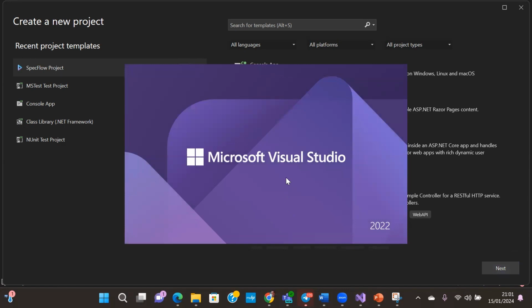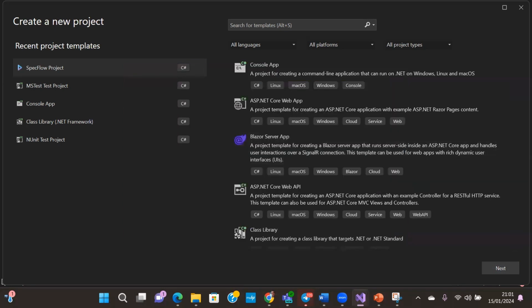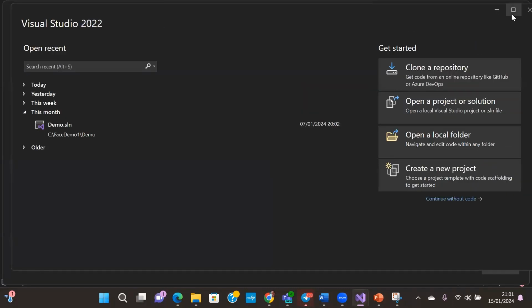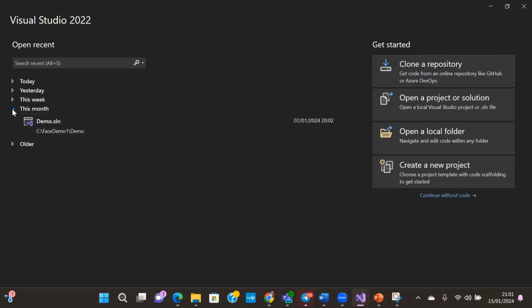I have to open another Visual Studio. So you'll find yourself here. Once you've integrated your Visual Studio and your Specflow,